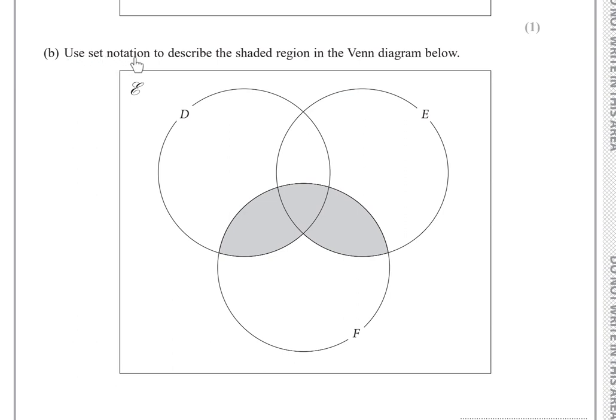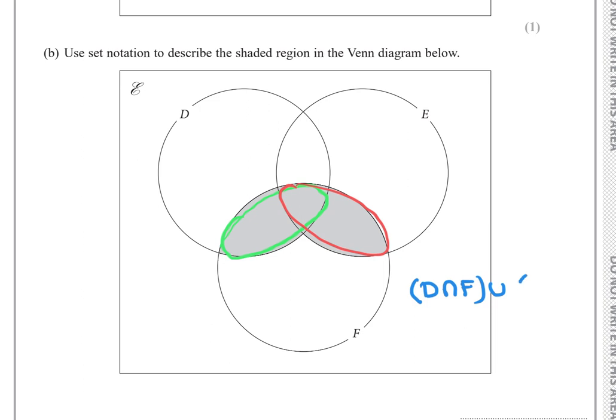B. Use the set notation to describe the shaded region in the Venn diagram below. So to describe the shaded region, you can divide this shaded region into two parts. This is the first one. This is the common region between D and F, and the other one, this one. This is the common region between E and F. So you can write D intersect F